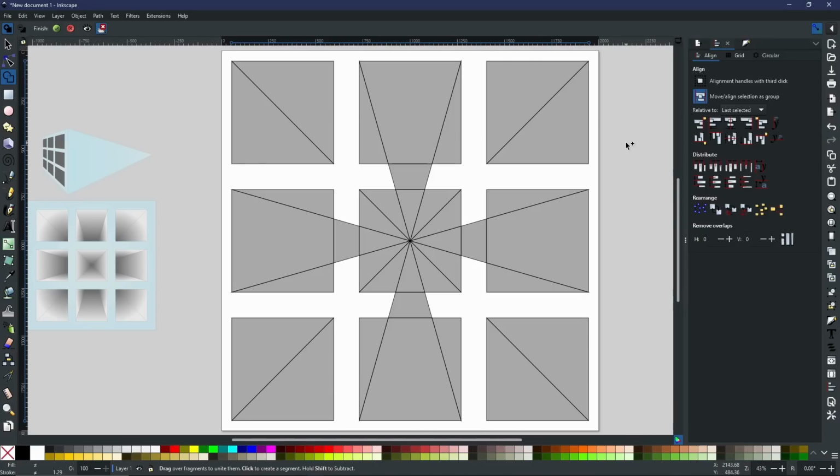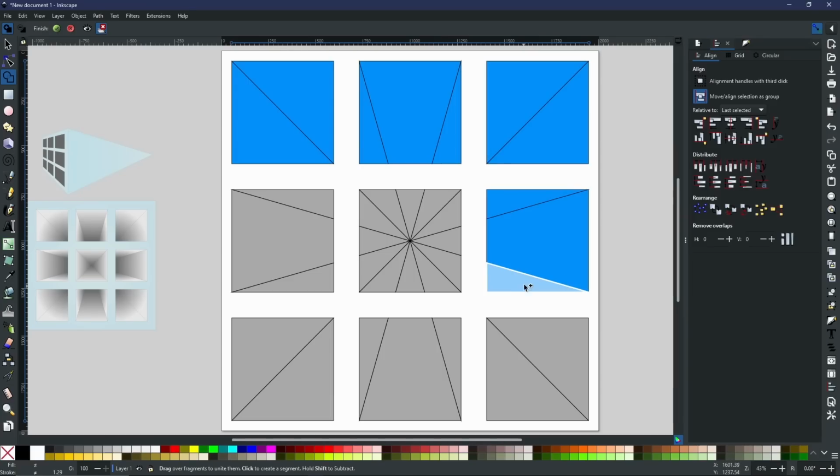Now, before anything else, we do not need these shapes that are in between. So I'm going to hold Shift and you will see that it turns pink. When it turns pink, give that a click and that will get rid of them. And then we are just going to go around the outside squares and we're going to select each shape so it's individually its own shape,